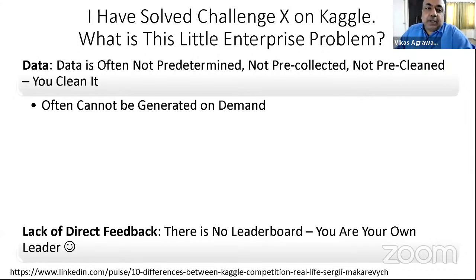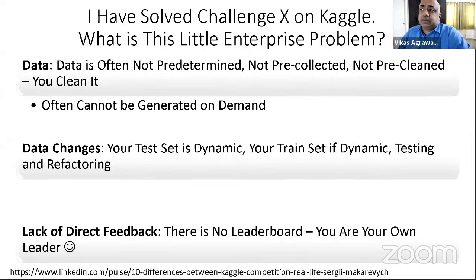Often statisticians get on the case, and I used to get on the case of many colleagues, that if you are doing an analysis after the data has already been collected, you have killed the experiment. You have to design the experiment properly with a full factorial design or perhaps a fractional factorial design, proper design of experiment. Then you collect the data and you find out what's affecting what. Now, the reality is those experiments get very expensive outside of pure science, let's say biology or physics or chemistry. So in the enterprise, you do sometimes get to do experiments, but very often you're given operational data, which may not have all the sources of variation you're looking for. That's another challenge. And the last one is your data changes. So your test set is dynamic, your training set is